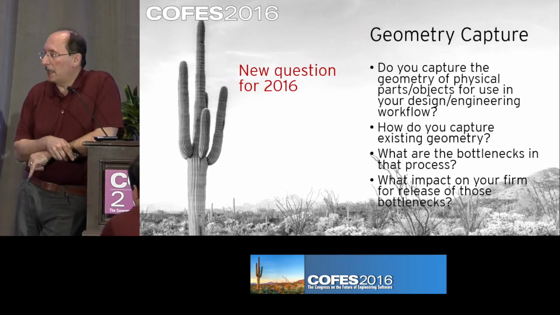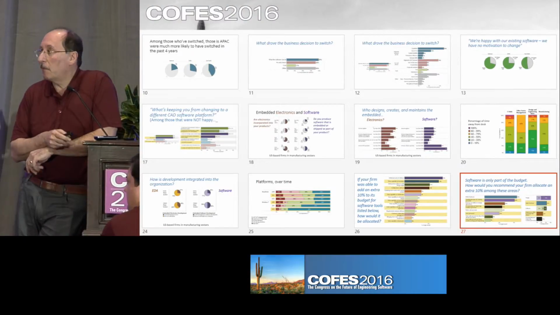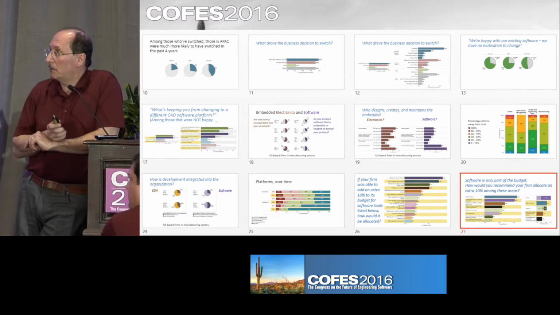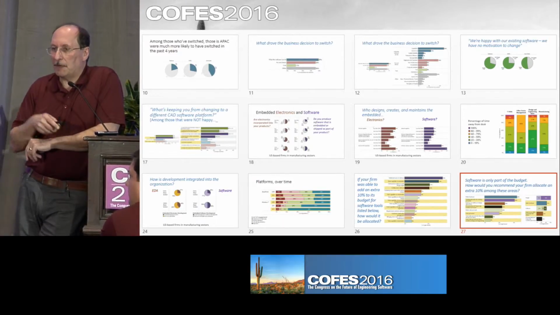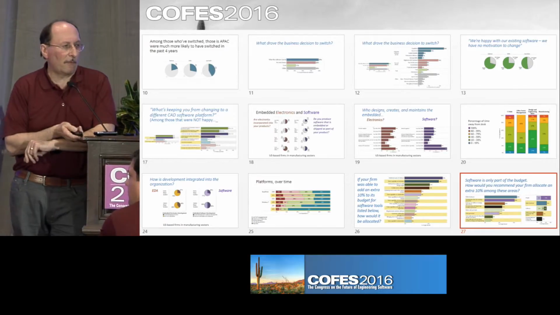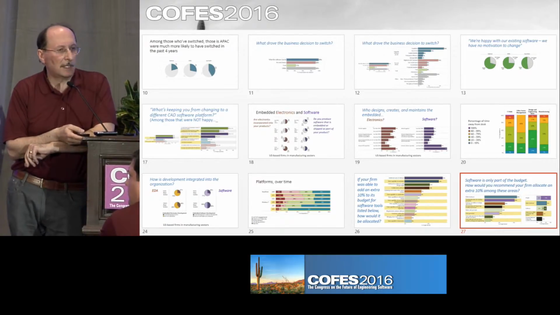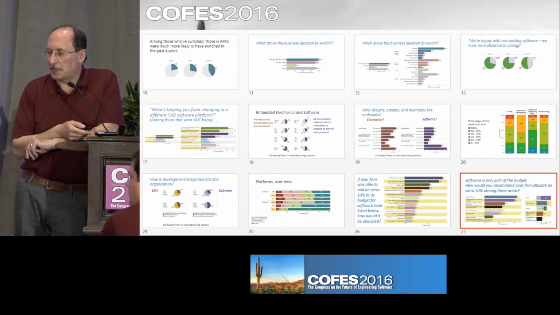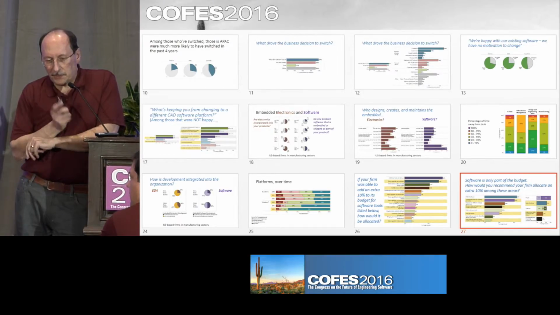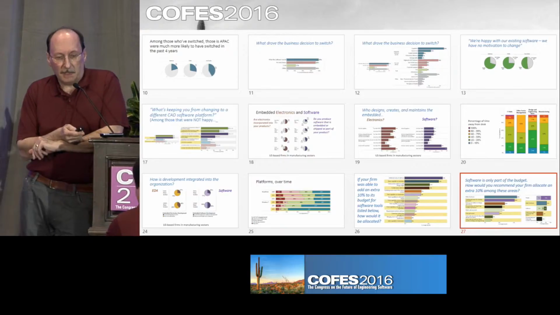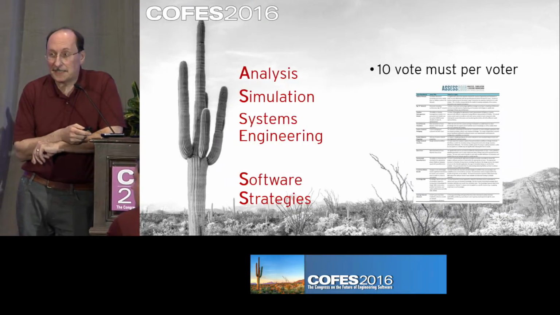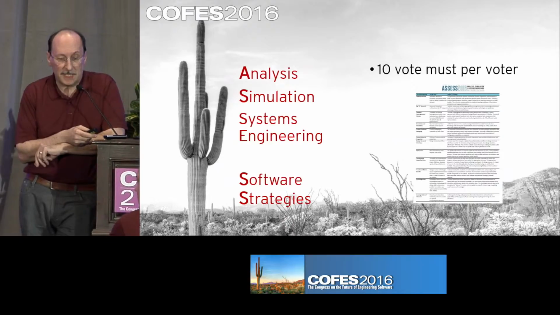This year, we added some information, collected data on geometry capture, and then we have a report that has all sorts of really cool charts, and we make that available to our subscribers, and then a year after that, we make it available for free to everyone on the Science Research website at scienceresearch.com/whitepapers. The research that we collected in 2015 is still being digested, and instead of talking about that, I'm going to talk about ASSESS and the data that we collected for ASSESS.